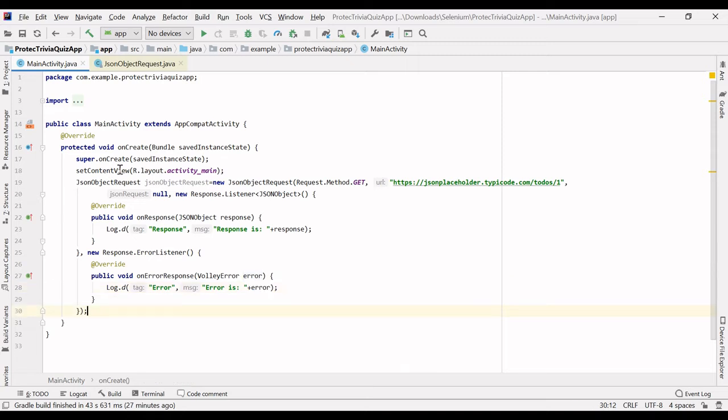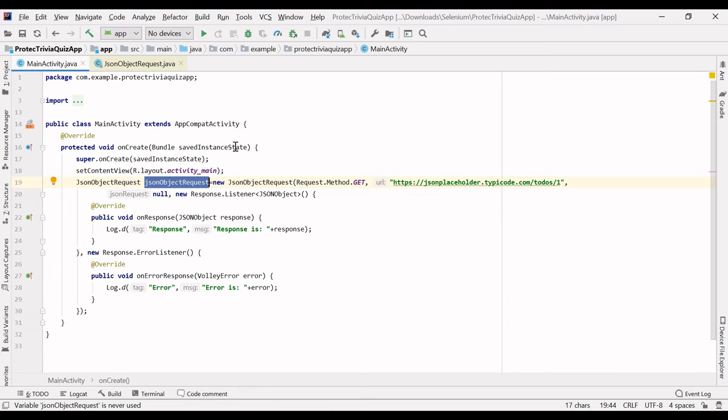If you want to run this JSON object request, you have to add it to the request queue. Why a request queue? Let's suppose a number of users are using this application.